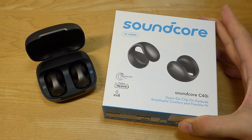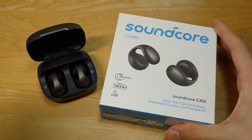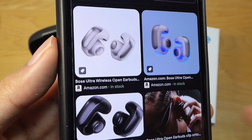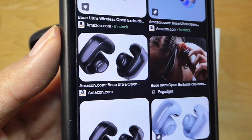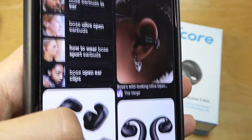In this video, we're taking a quick look at the Soundcore by Anker C40i. These are open clip-on style buds, and for those following the headphone space, you'll recognize that a couple months back, Bose launched their Ultra Open, debuting a new style for wearables that blends the boundaries between something like a pair of earrings as well as headphones, slightly more lightweight compared to most other designs, which conventionally needed to have